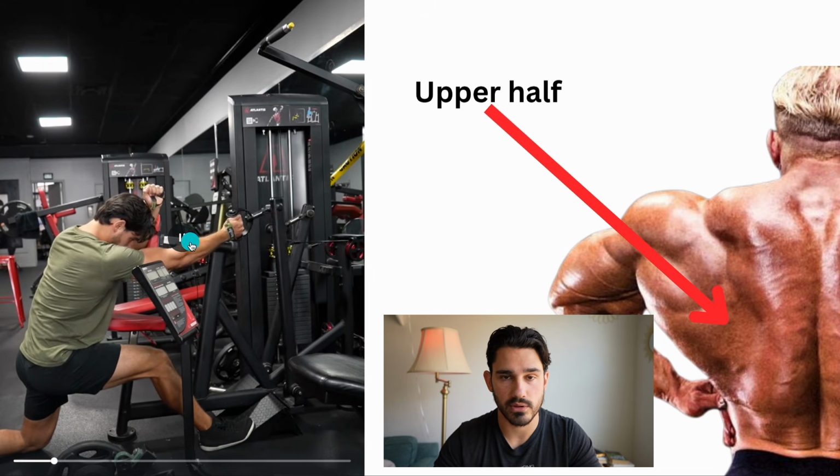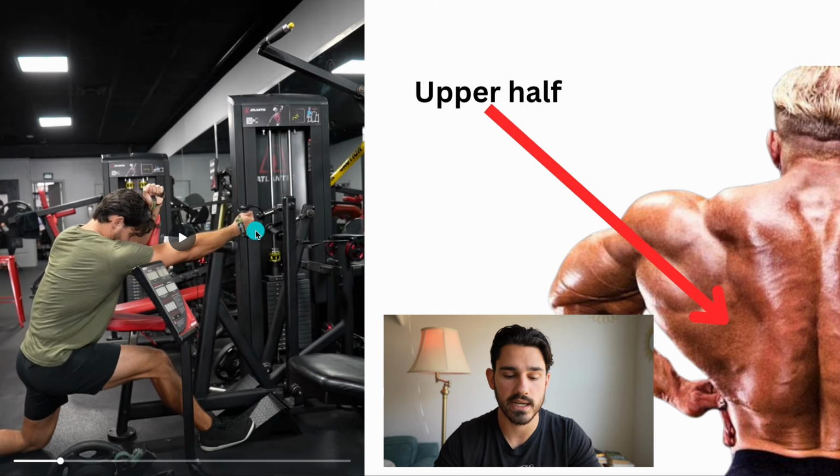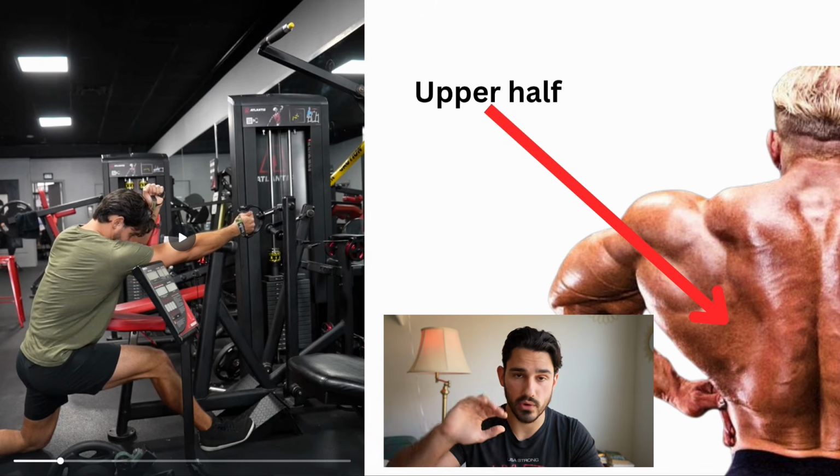Well, in the same sort of principle-based way, what I can understand is if I'm using a chest-supported row like this, I'm doing this single arm, and I'll show a double arm variation in just a second here, the direction of resistance in its relationship to my arm is much more horizontal, right? Think about how this is my torso and this is the angle of my arm. It's much more horizontal, which means that it's going to be more aligned with those upper portions of the lats,